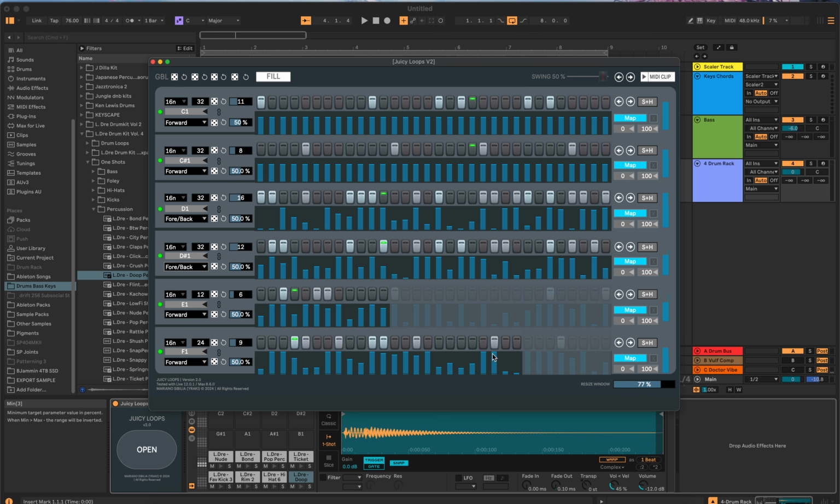Now, what I don't like about it is the limitation of 32. It doesn't mean you can't create within that, but I would prefer if they at least added 4 bars here, a minimum of 4 bars. I also notice when, let's do the hi-hat, if I change to 32nd, then